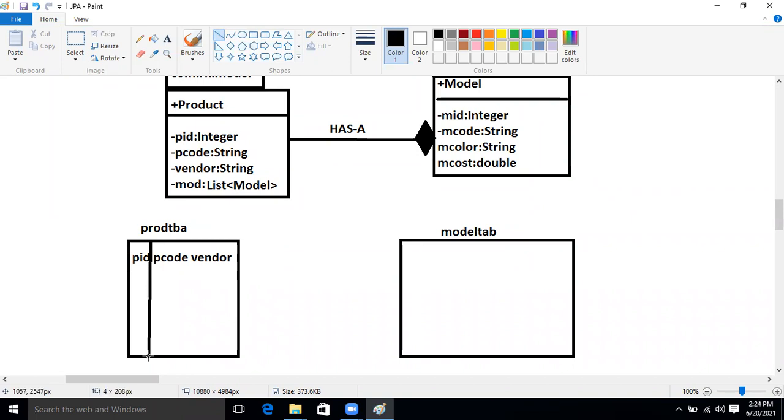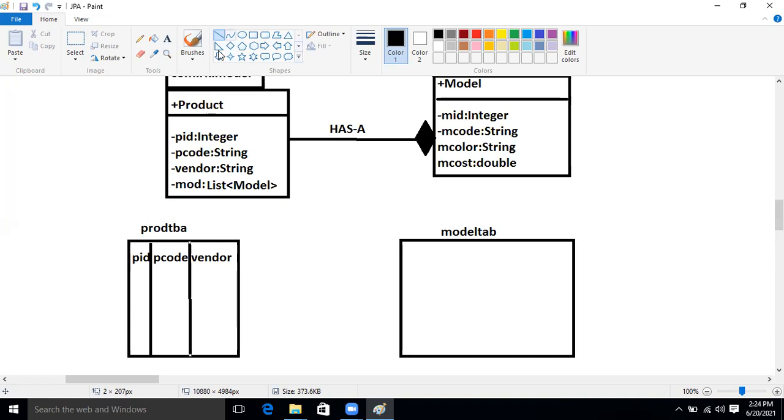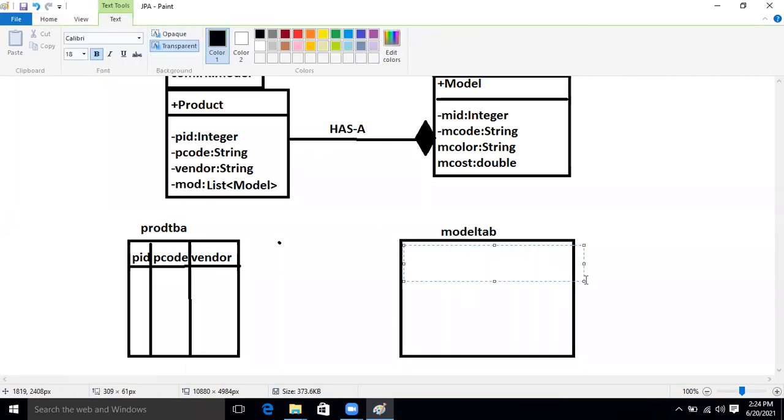One column. Model also. No, no, model will not be there. Model will become a foreign key in the child table, right? Okay, fine. So here what will happen now, guys? See this. MID will be there.